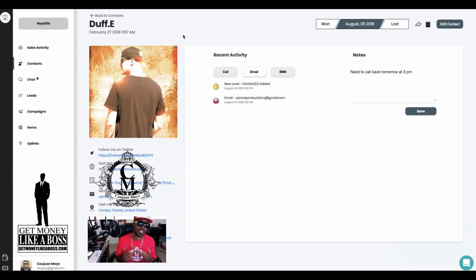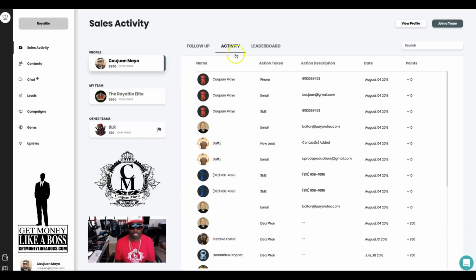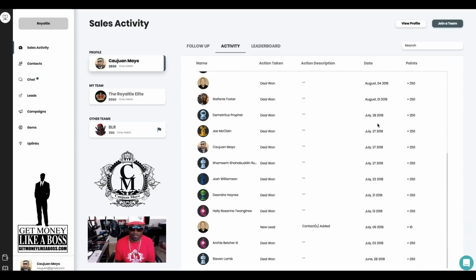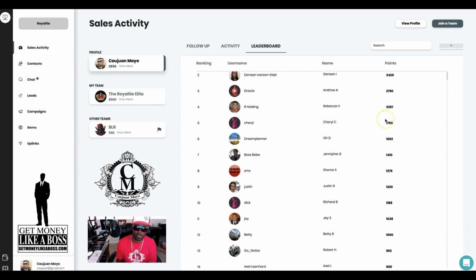I can say, okay, this is a contact that was lost, and I can be done and move on, because we want people that want to be here, not people that are forced to be here, right? Okay. So I can hold everybody accountable, see what they've been doing, see how many points they've earned, see where they're at,